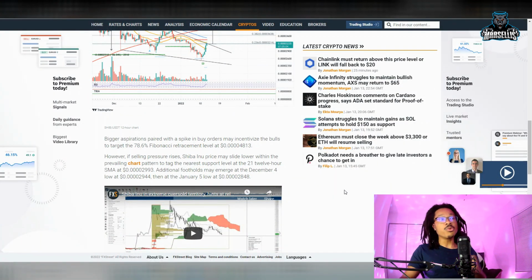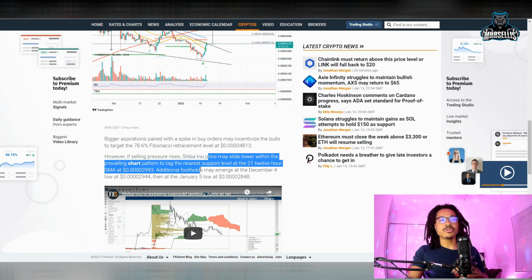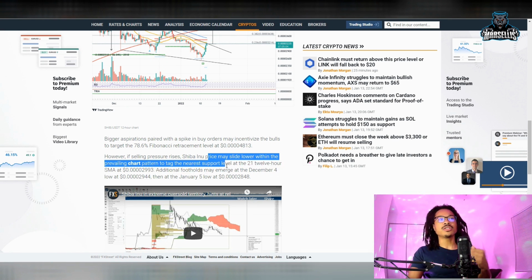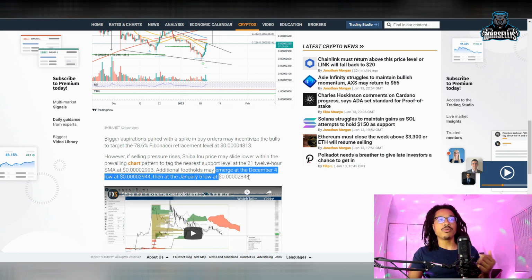Now, we always got to talk about the bearish scenario as well. It can't just be all bullish. However, if selling pressure rises, Shiba Inu price may slide lower within the prevailing chart pattern to tag the nearest support level at the 21 12-hour simple moving average at 2.993. And additional footholds may emerge for Shiba Inu around the 2.9 area, and then our low around the 2.8 area